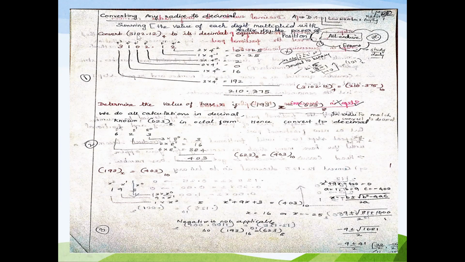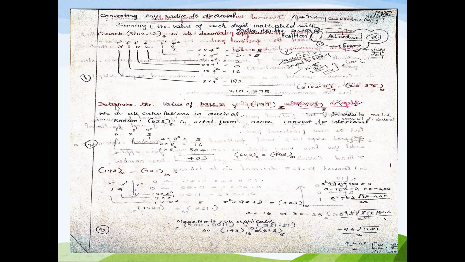For example, convert 3102.12 to the base 4. I am speaking about any radix, hence you can have any radix, here 4. How can it be converted into decimal? So 4 power 0, 4 power 1, 4 power 2, 4 power 3. I am writing in terms of powers of the given radix. That radix to the power of its position has to be multiplied with the digit, and it has to be added up and you will get the result.